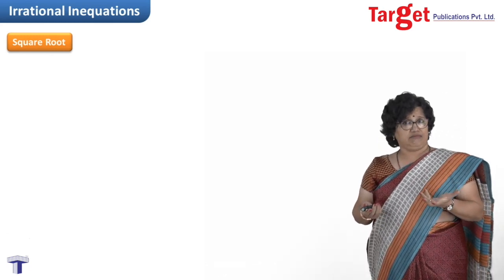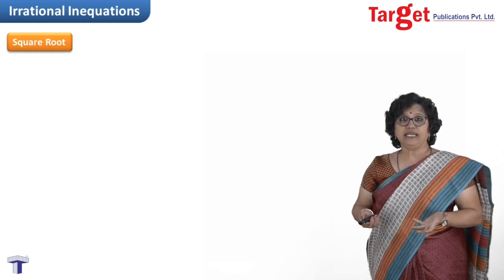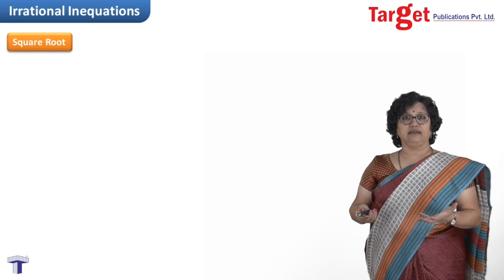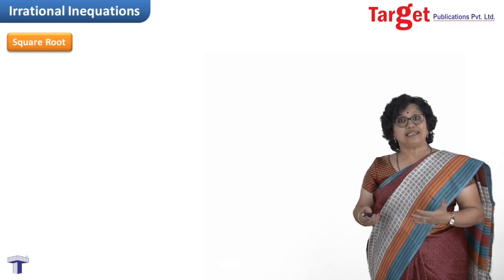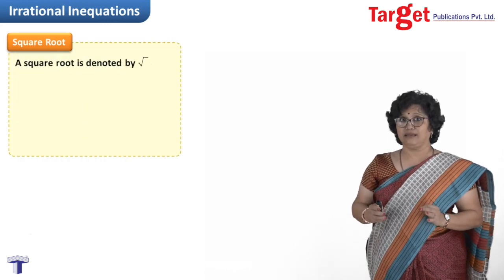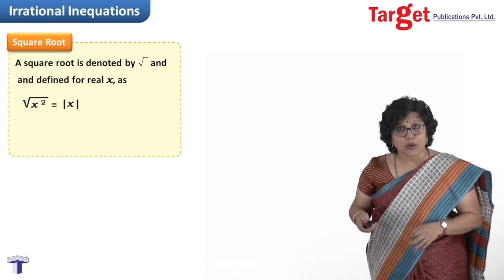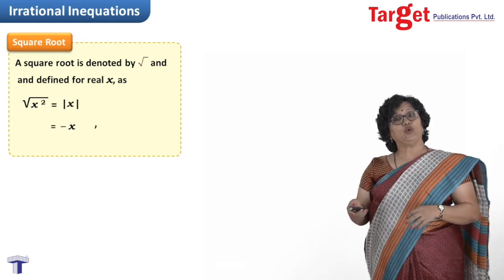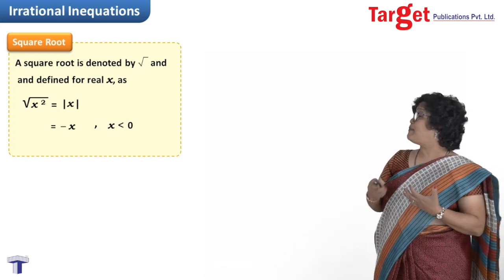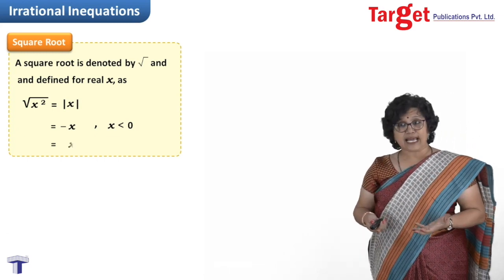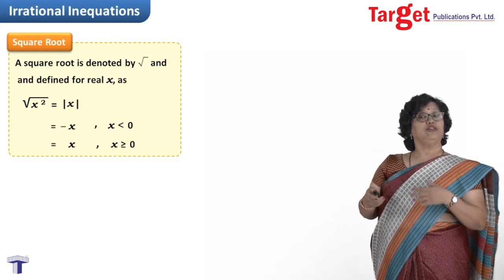You may have some wrong concepts also, like people say square root means if it is square root of 49, it could be plus and minus 7, which could be wrong. So in this session, we would insist on certain things like square root is a non-negative quantity. I write square root of x square and my answer I write as absolute value of x. And absolute value of x is minus x if x less than 0, that all know. And it is x when x is non-negative.